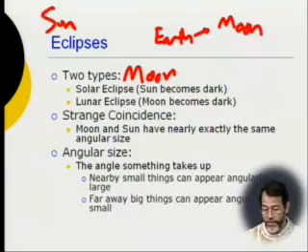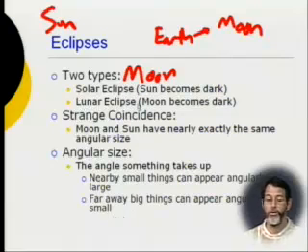So that's the way a solar eclipse works. The moon, which is actually smaller than the sun, is much closer than the sun and is approximately the same angular size as the sun. And so when it moves in front of it, it can block out most or all of it. If the moon was even closer to us, then it would block out the sun for longer periods of time during a solar eclipse. The other type of eclipse is here, the lunar eclipse.